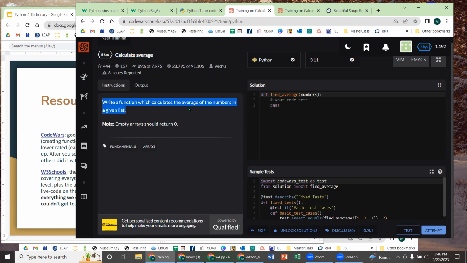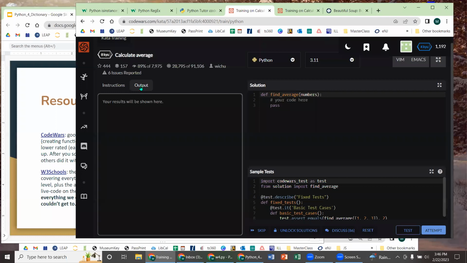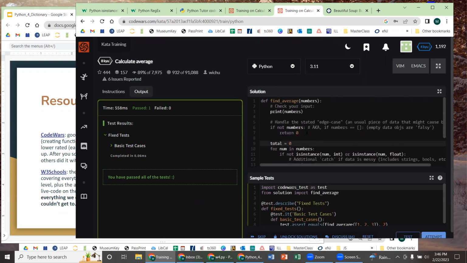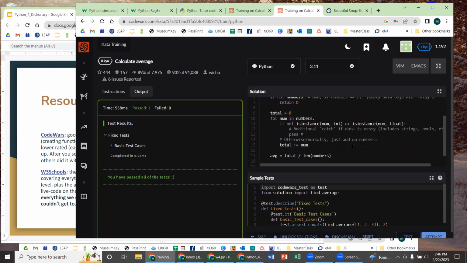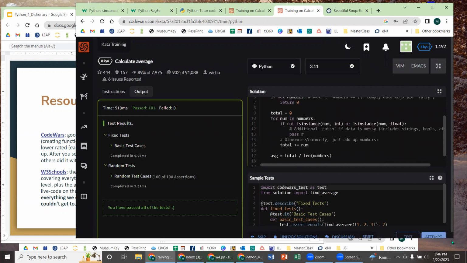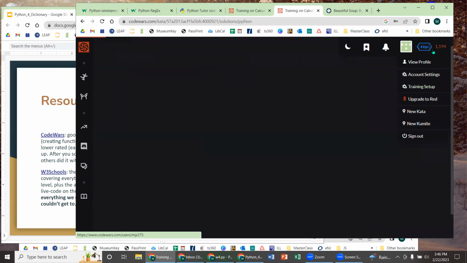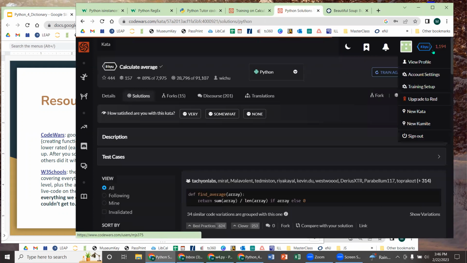It gives you the instructions of what to do, some notes on what should happen. And then in this box, you can execute the code. So on this side, I have the same thing. And you can see I just put my code into it. I push the test button, and then it shows, did I pass the test? Did I fail in some instances? So this is a good site as well. And then once you attempt it and finish it, you can submit it, and then you begin to stack up points, and then you go on to the intermediate and